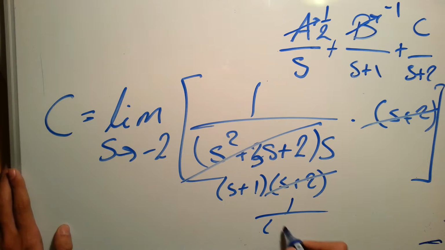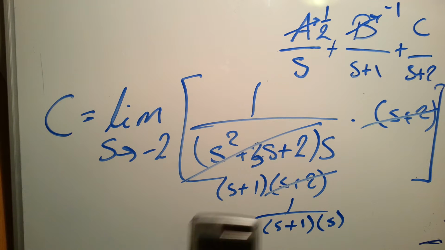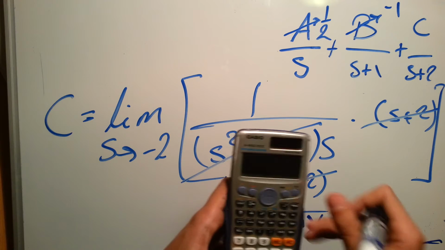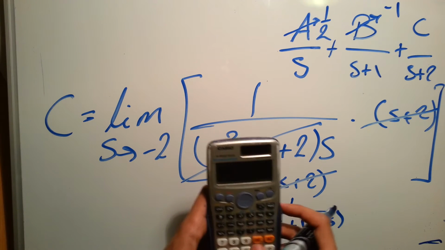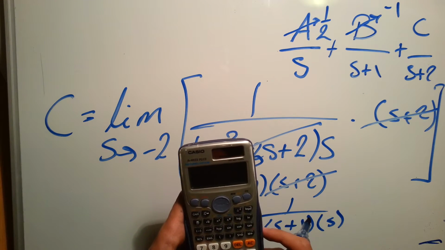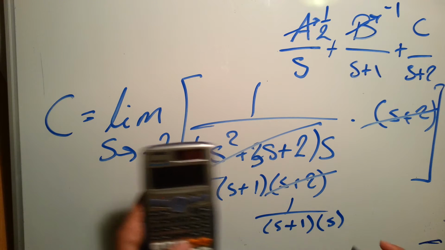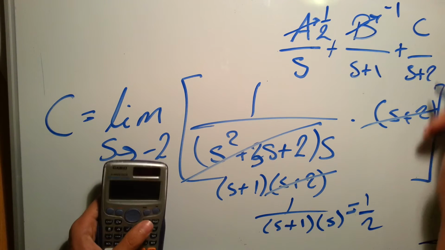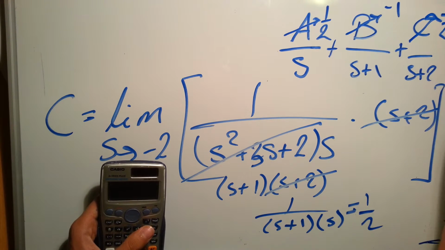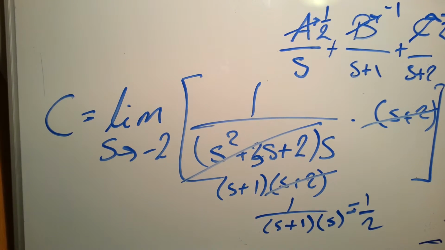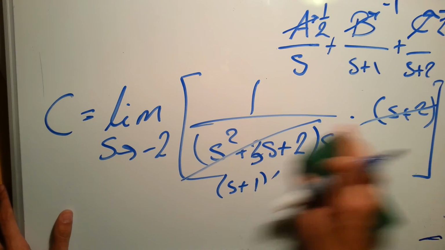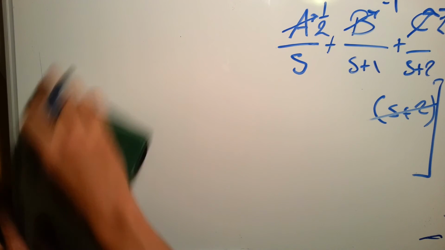1 over s plus 1 times s, where s goes to minus 2. So it'd be, you know, engineers always use calculators, aren't they? Minus 2 multiplied by minus 2 plus 1 equals half. So C goes to half, as A. So basically you're done. So your original fraction